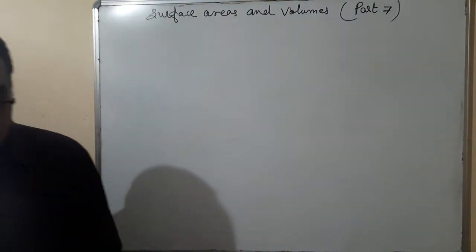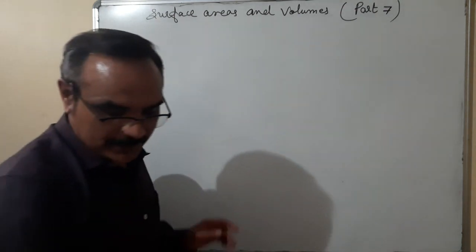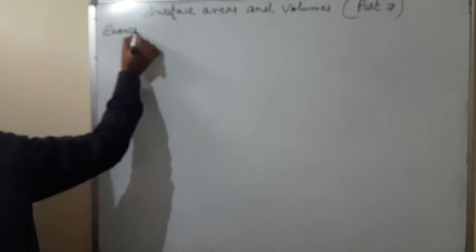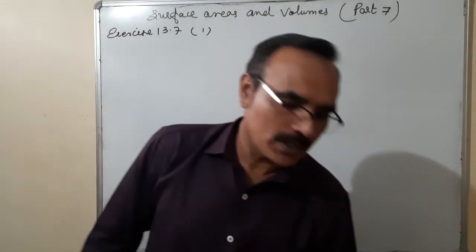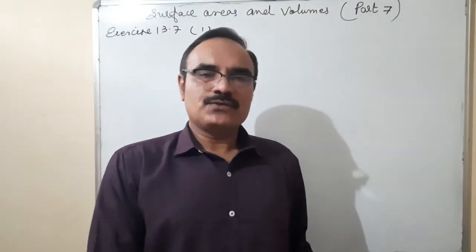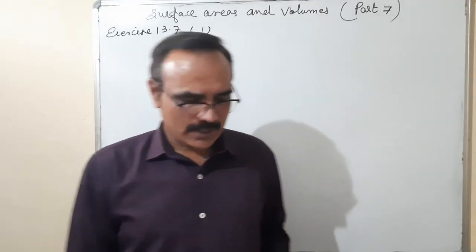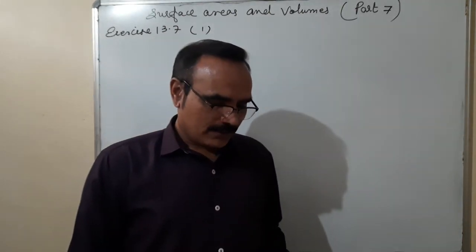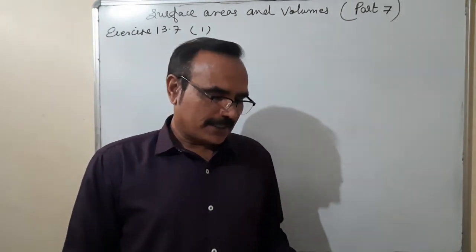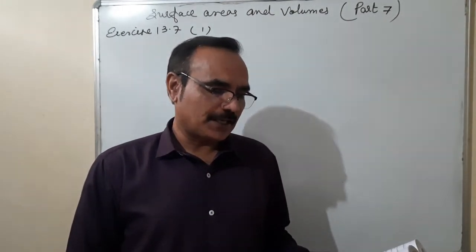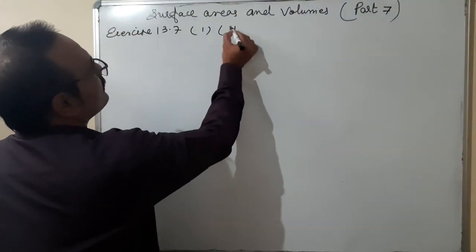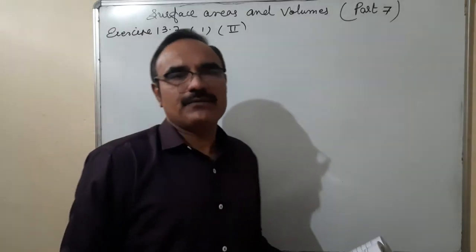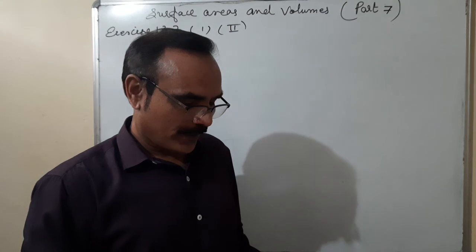Now I am taking the questions of Exercise 13.7. As usual, I am taking question number 1 of this exercise and will use the formula: volume of cone is one third of the volume of cylinder. Find the volume of a right circular cone with radius 6 and height 7. Second part, radius 3.5 and height 12 centimeter. I am taking the second part first. The first part is a simple part which I am leaving for you to solve.